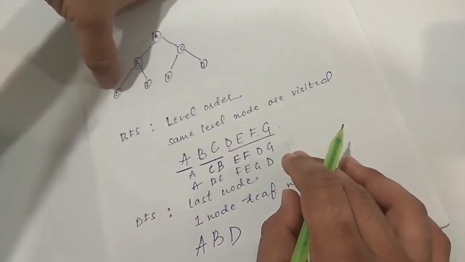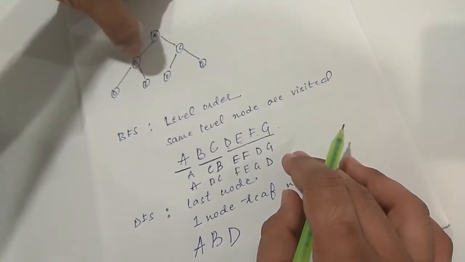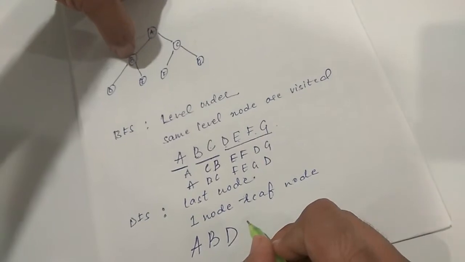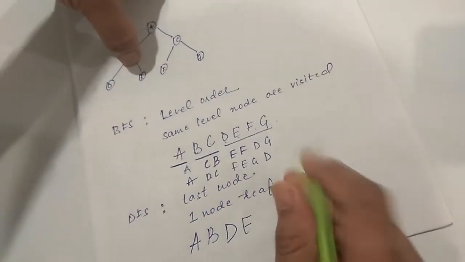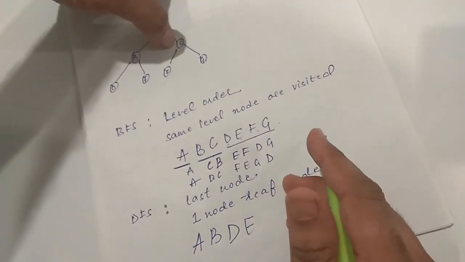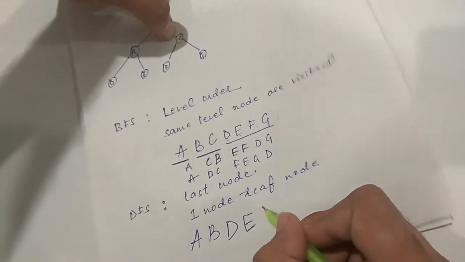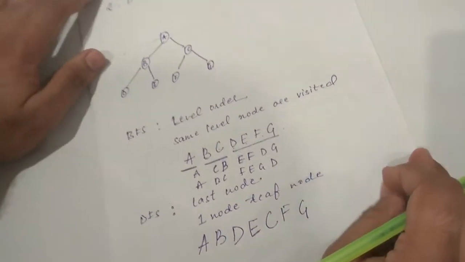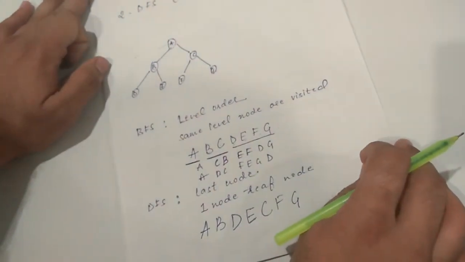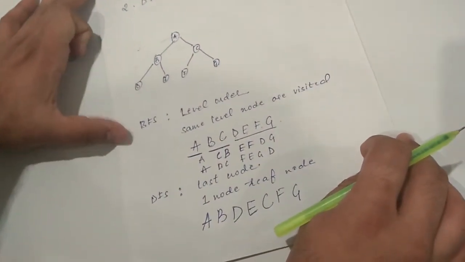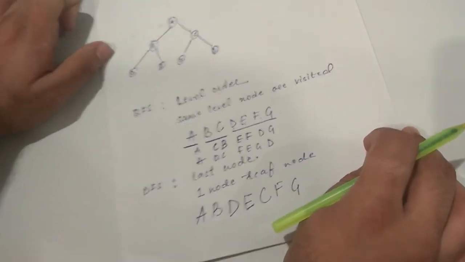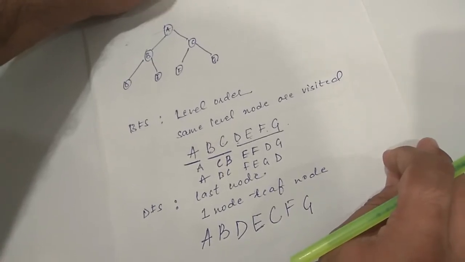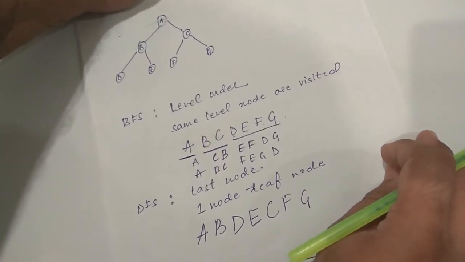Next, after there are no nodes, so it will backtrack. Again it will check for this particular node, is there any node left? So it will go for E. Again it will backtrack. Now it will try to go for this particular node, that is C, F and G. Fine, so these are your two basic traversals for graph, BFS and DFS. We have seen this traversal inside the trees. Now let us try to see this traversal inside your graph.